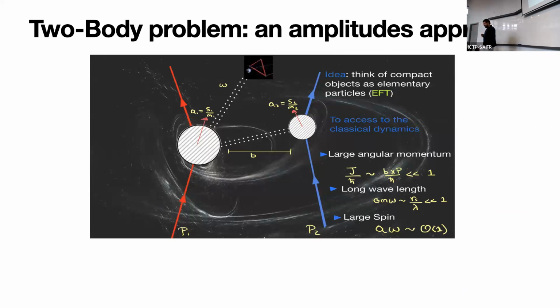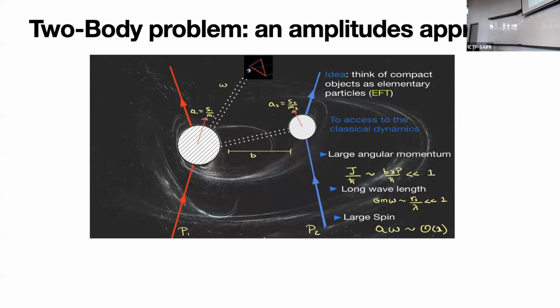Okay, so I guess I don't need to motivate much. In the scattering amplitude picture of the two-body problem, we don't think of a bound system, but rather of a scattering system. For instance, we think of compact objects in an effective way. We can model them as point particles with some structure, which you can introduce through higher spin operators. These point particles are going to exchange gravitons between themselves, and we can radiate gravitons as well, the gravitational radiation we observe on Earth, right? So in this EFT description, which is a QFT description, you have to have a prescription to take the classical limit.